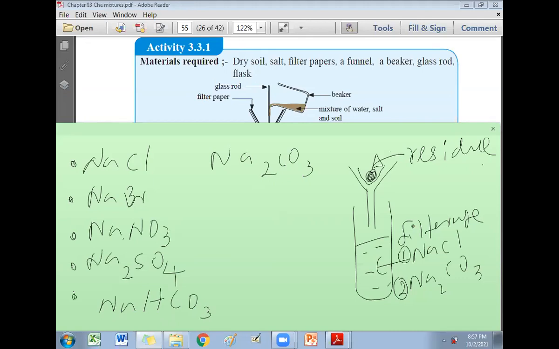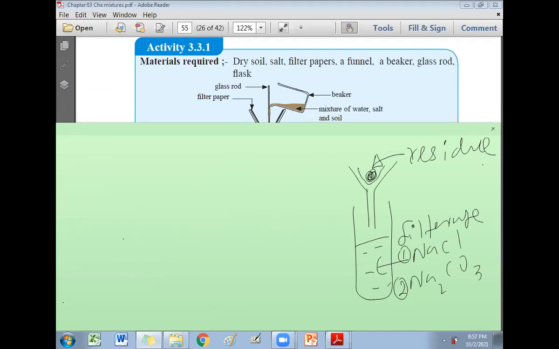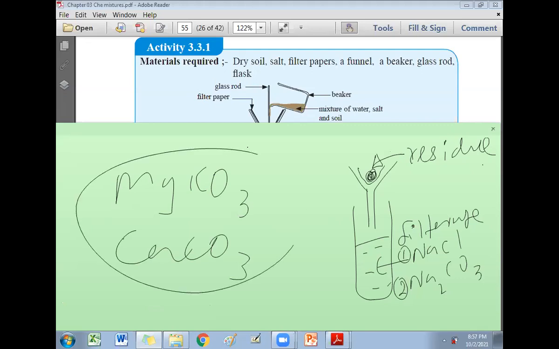Not only sodium, any compound of lithium, any compound of potassium, potassium permanganate KMnO4, is soluble in water. Any compound of sodium, potassium, lithium is soluble in water. So that is a short method. Remember this. They are ionic but soluble. But group 2 is different. Group 2, some of the carbonates are insoluble like this. Magnesium carbonate is a precipitate. Calcium carbonate is a precipitate. They are insoluble, but they are ionic compounds.